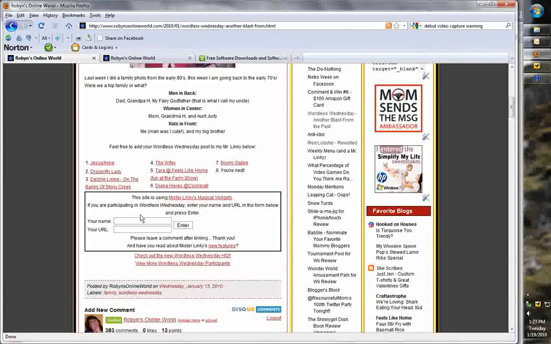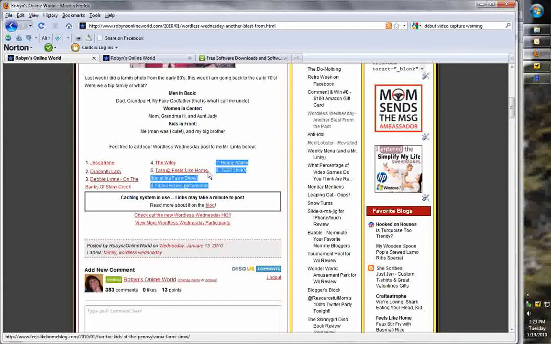And then you go back. And then in the Mr. Linky box down here, I'm going to type Test Linky just so you can see. And then you would normally put the name of your blog or the name of your post, whatever is appropriate to the Linky. Then you go to the next space and you paste your URL in there, Control-V as a quick shortcut. And then you hit Enter and you'll see that I'll become next up here. And so you see right here now, number 8 is Test Linky. That's what I just wrote. And that's all you have to do.